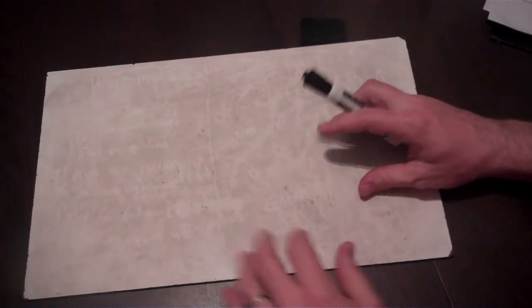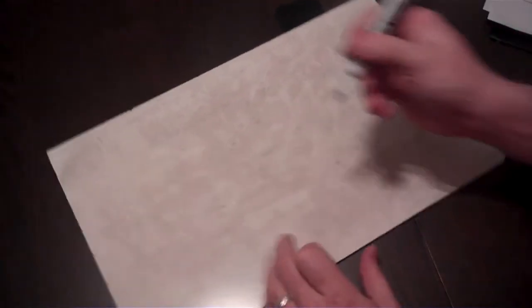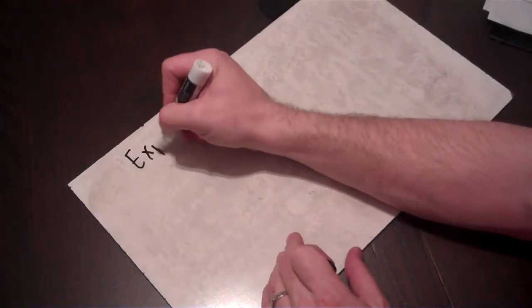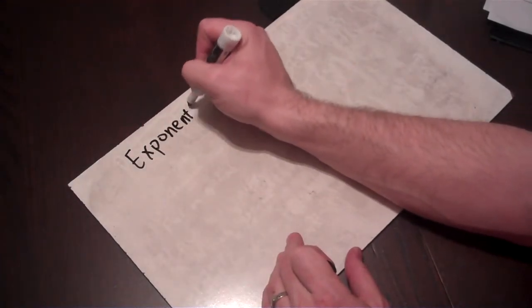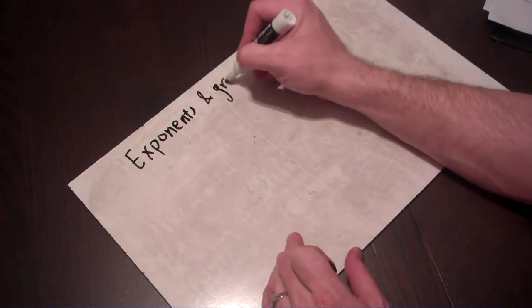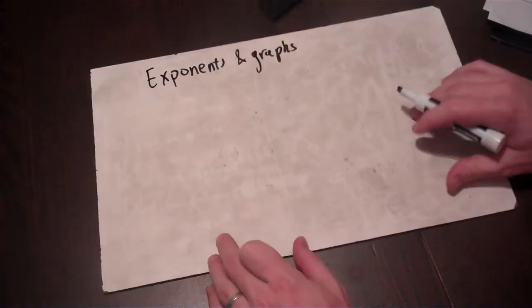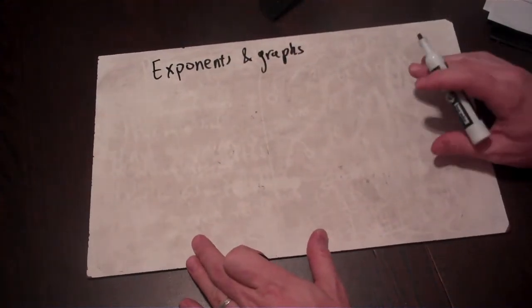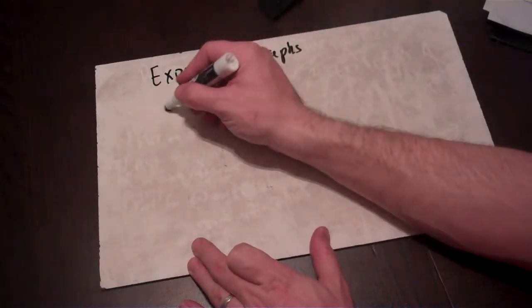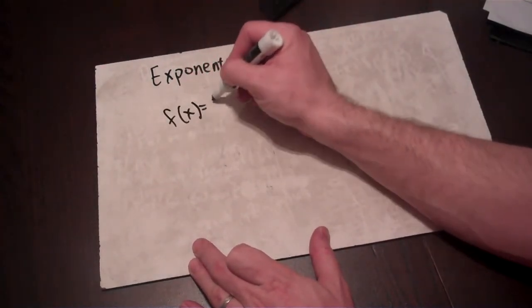I want to talk a little bit about exponents and logarithms. So we're going to start with exponents, and this kind of goes back to what we've known about exponents. And really I want to spend some time talking about the graph of an exponential function. So for an exponential function, we might have something like f of x is equal to 2 to the